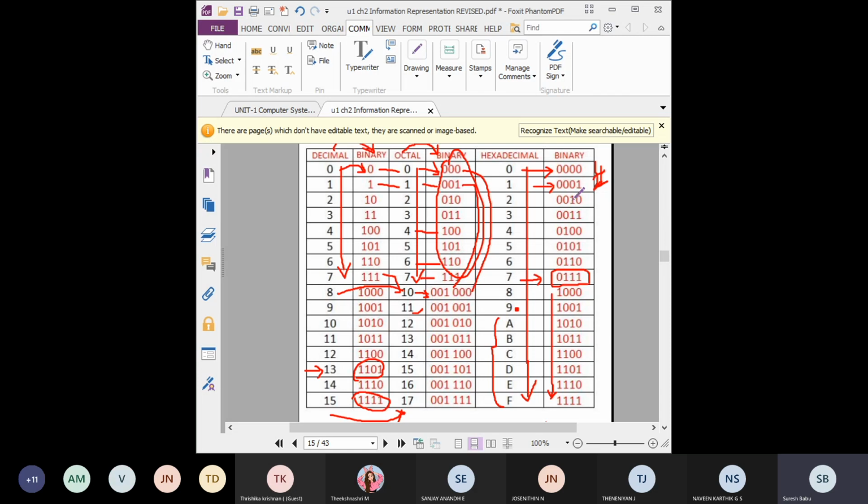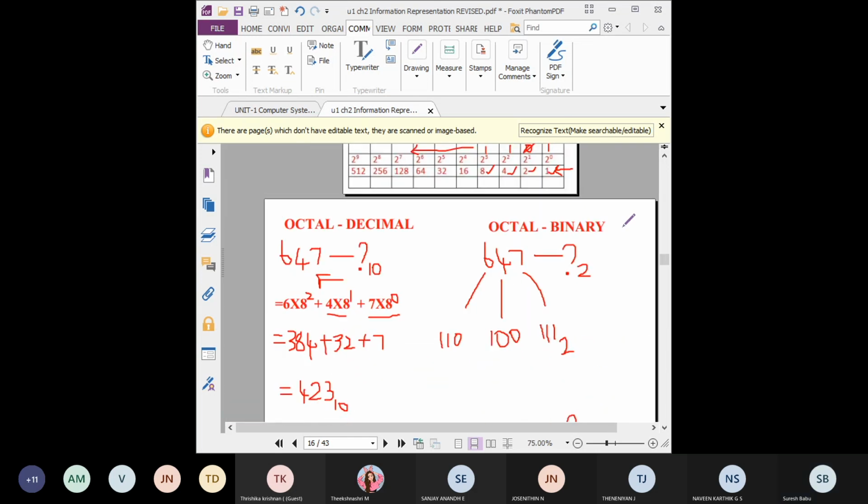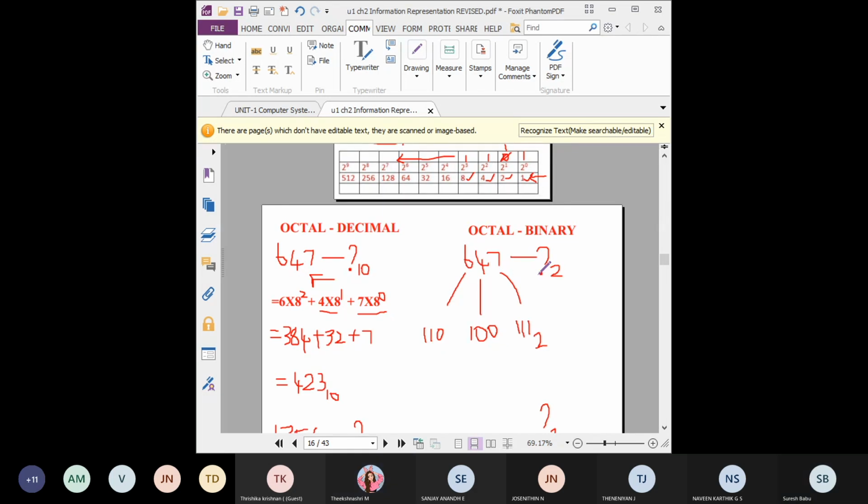Students, did you understand? Does anyone need help with how to write the truth table for 3 input and 4 input? Anybody having doubts, or shall we go for the next one? Sir, you can go for the next one.